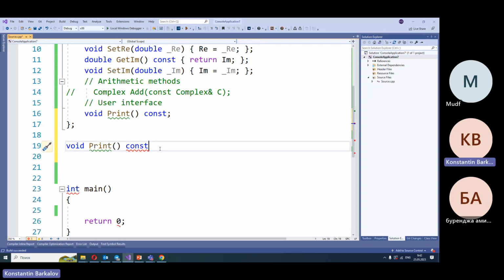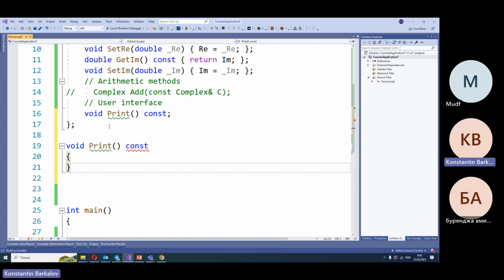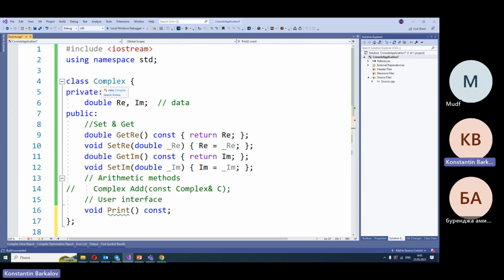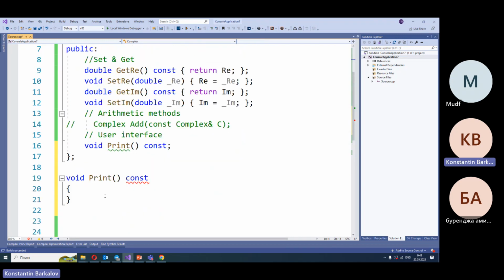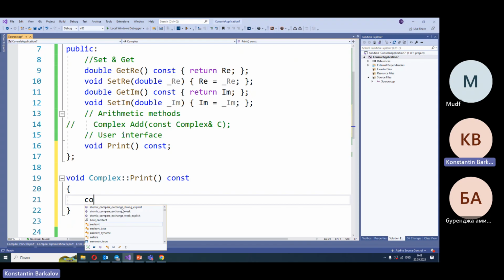To show you this process in detail, I implement this function outside of the declaration of the class. In this case, we should repeat the class name. After that, put here 4 points and the name of the method that we are going to implement, print. This method is